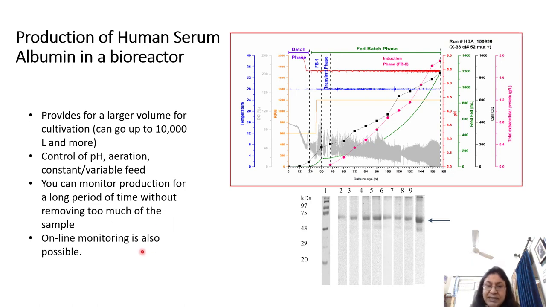And for many things, there are probes available where online monitoring is possible. For example, as the fermentation proceeds, as the growth of the bacterium or a yeast cell proceeds in a bioreactor, you can constantly monitor the pH or the temperature. You have all the probes inserted into a bioreactor, like we had seen in the previous slide, so a bioreactor allows you to do online monitoring of many different parameters.